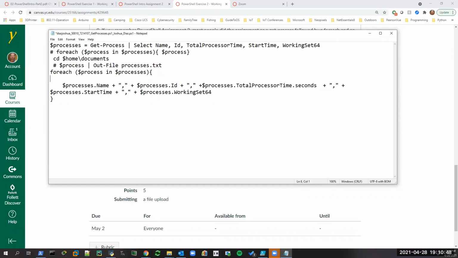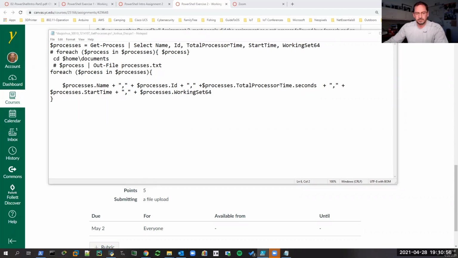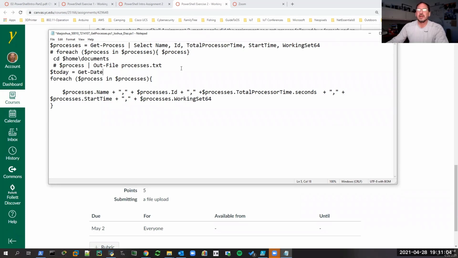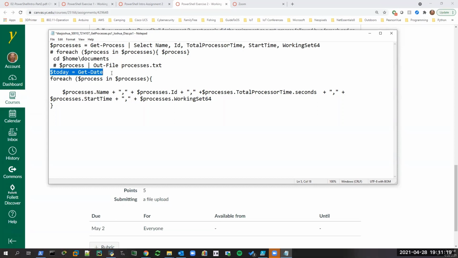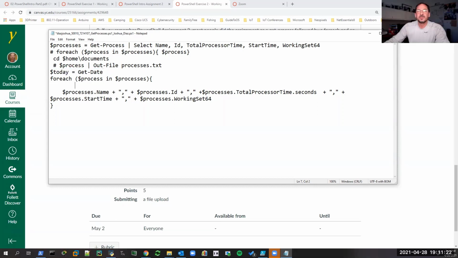Because that is going to belong in an if statement. So what we're going to do for each process, first off, we're going to get today's date. And actually, we could have gotten that outside of the loop, because unless you run this and the day changes, like you're doing it right around midnight, then we don't need to do it each time in the loop. So we can get the date before we do the loop, and then the criteria is